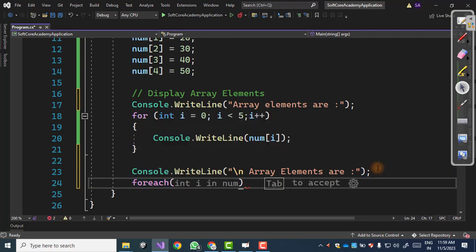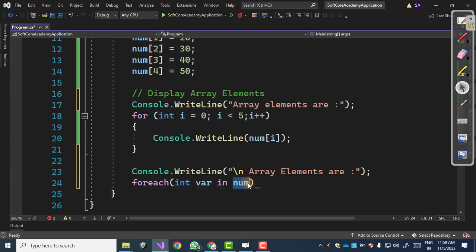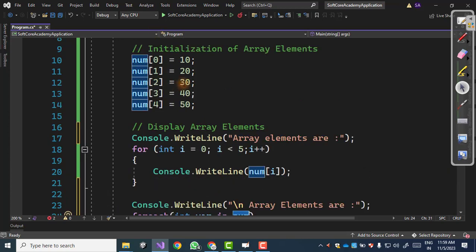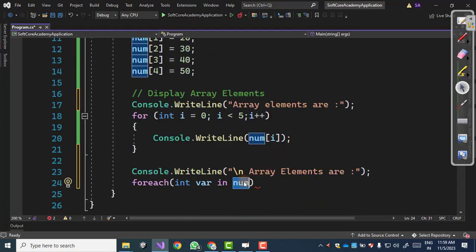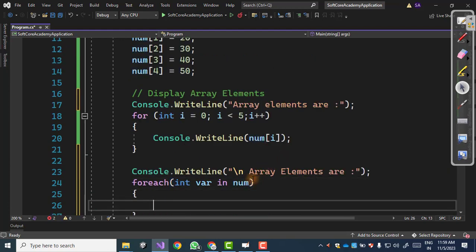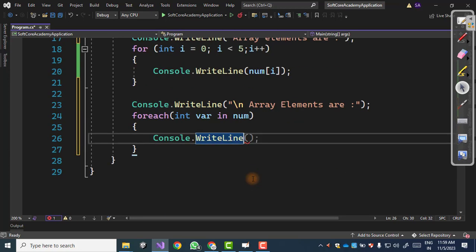Now in foreach, this is the syntax. We have to write first the data type and the variable name. You can declare any variable. You can write var, in, and the collection name. What is the name of our collection? num. We are writing here num, and then within Console.WriteLine we print this var plus var.